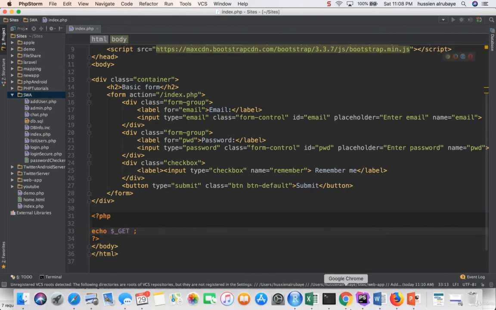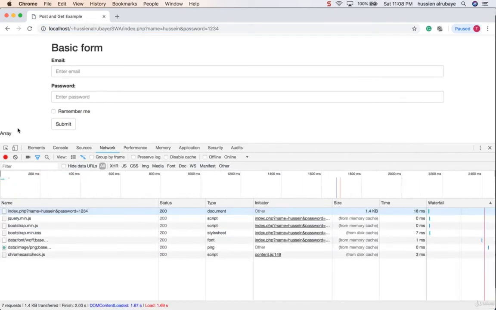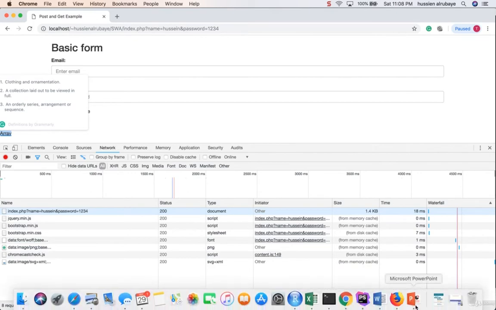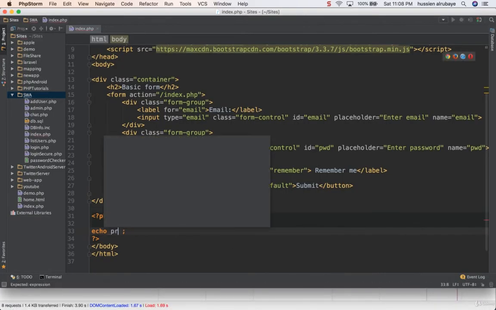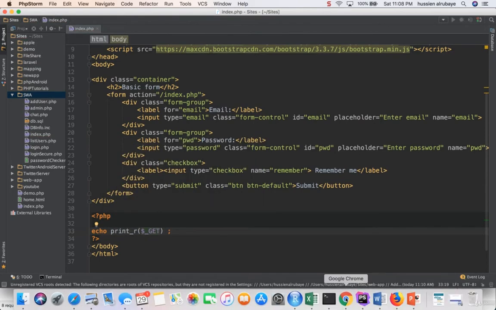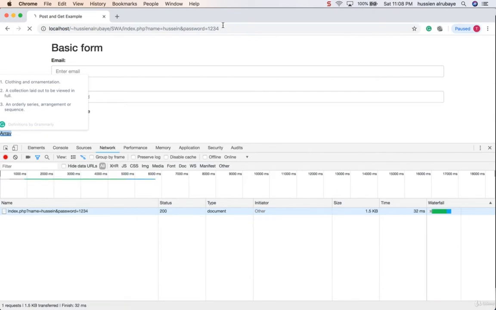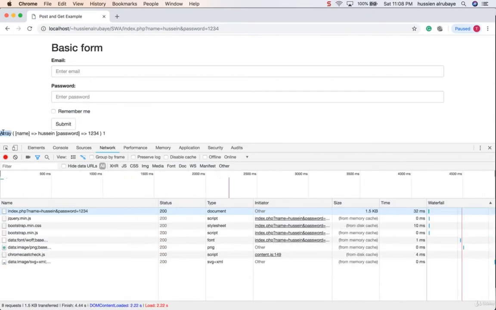If I call the same page again, I would expect to have an array here, because the GET is an array. So I make sure I use print_r for the GET, to print the array. Now if I request the page again, you see what is sent is an array and has a name Okul Hussein